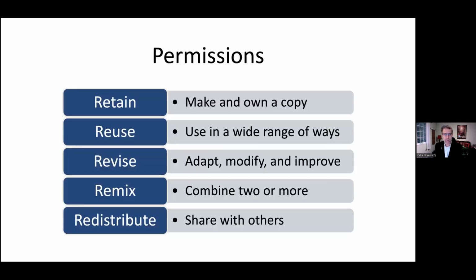And so there are a couple ways that you can get legal permissions to do this. One is copyright has expired and the work is in the public domain. So for most countries around the world, and this varies by country, but for most countries, copyright lasts the life of the author plus 70 years. Some countries are life plus 90, some countries are life plus 50. Mexico, I believe, is life plus 100.